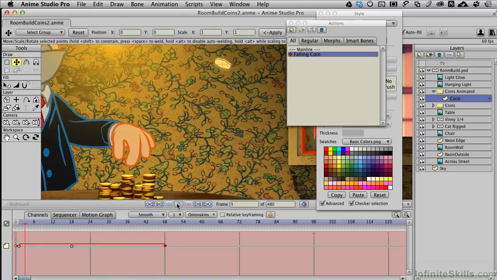We may want a little greater distance there. I can see that already. So let's adjust that. That's what we're doing right here. And we'll make this little finesse, and then we're going to start duplicating coins a little bit. So at this point in the timeline,